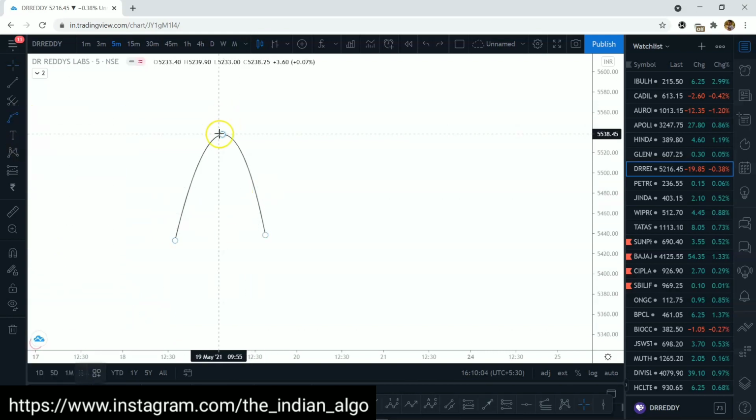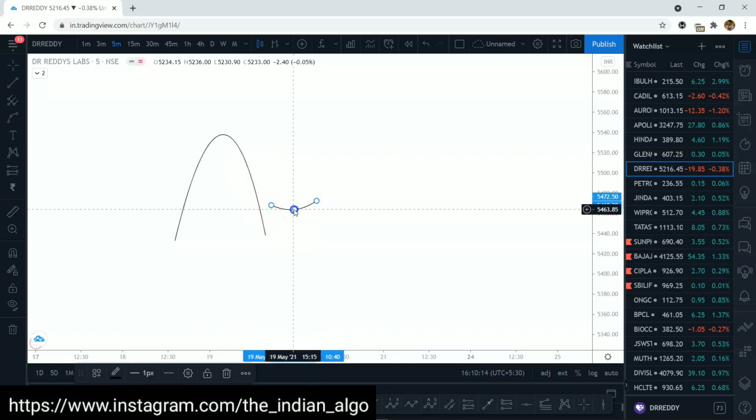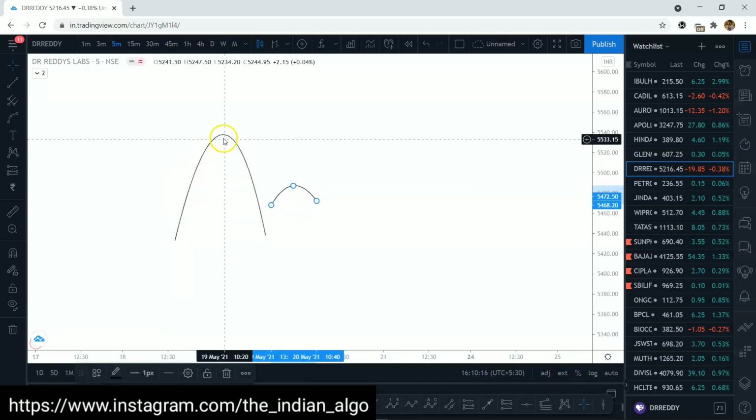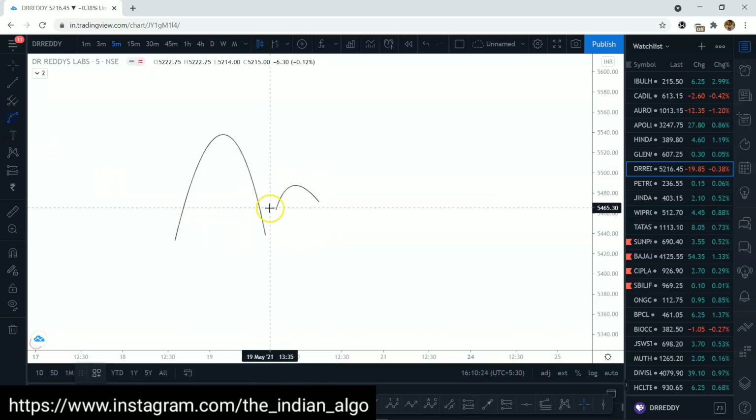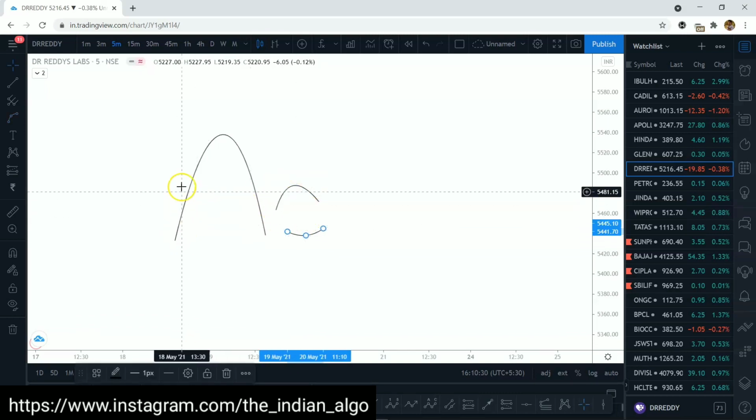All right, next, as the prices fall back down, let the prices fall back down. As the prices go higher, let the price fall back down. Next, what you're supposed to do is let the price contract. This is the volatility, and this is the contraction, where the prices are making smaller swings. So it's making a swing high here and a swing low here, but smaller ones. Look at the volatility here and the contraction here.